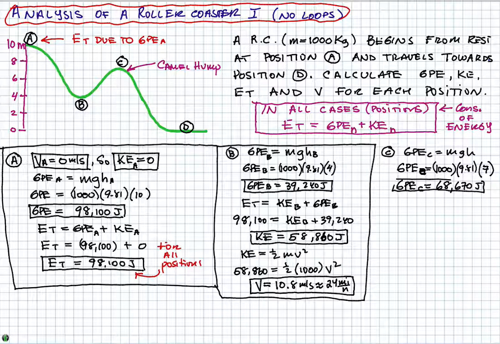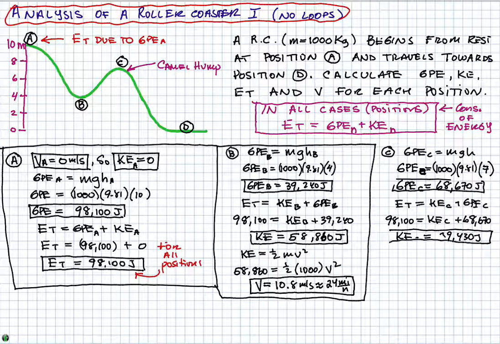Now my kinetic energy, well, again, I do the same calculation. KEC plus GPEC, so that's 98,100 is equal to KE at C plus 68,670. KE at C is going to be equal to 29,430 joules. So when I climb up to the camel hump, I'm closer to the top of the original position,